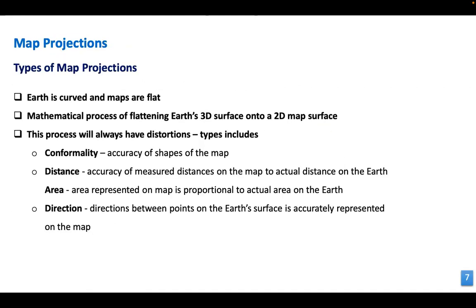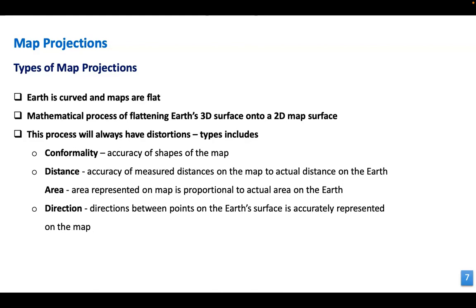Map projections, the types of map projections. Earth is curved and maps are flat. A map projection is the mathematical process of flattening the Earth's 3D surface onto a 2D map surface. This process will always have distortions, which include conformity, the accuracy of the shape on the map, and distance,